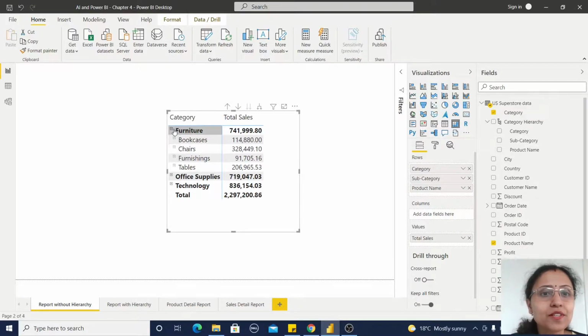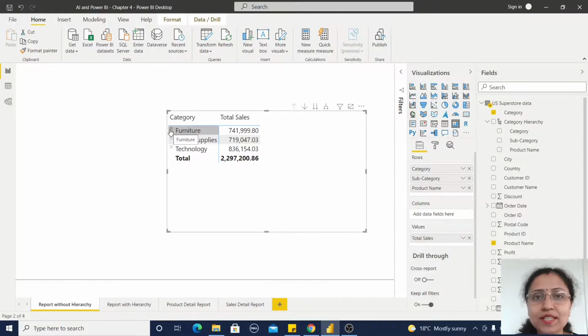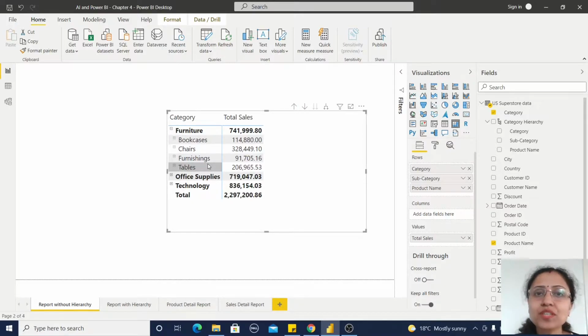By default, you will get this collapse feature. Definitely you are aware of that. This plus sign is for expanding the data. If I click on this, it will expand to the next level. In this way, you can find information based on different levels.